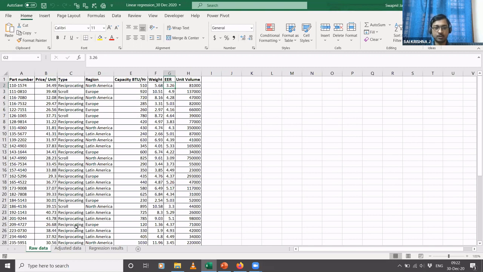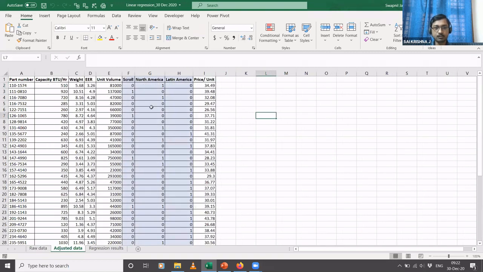For that, just see the highlighted columns here. Basically, I've created 3 extra columns, and one column I'm labeling as scroll. I'll just tell you how I got this.